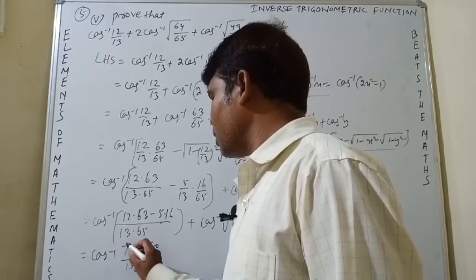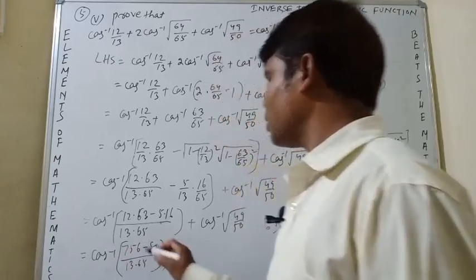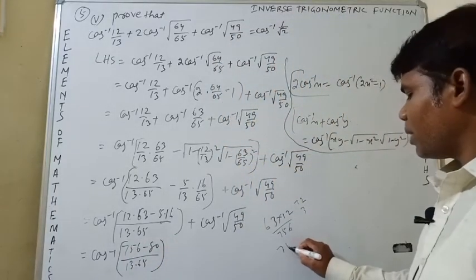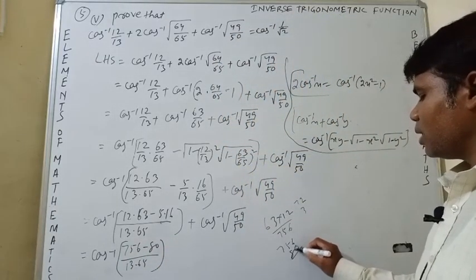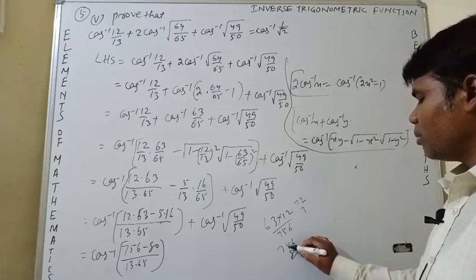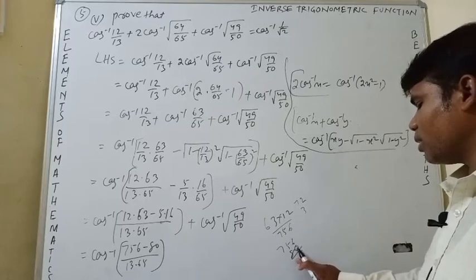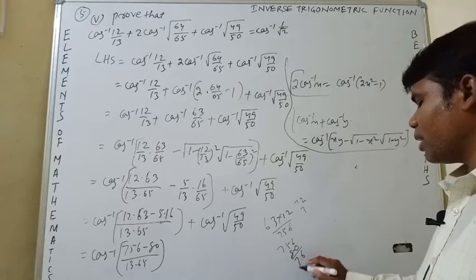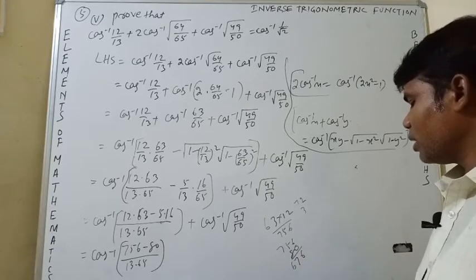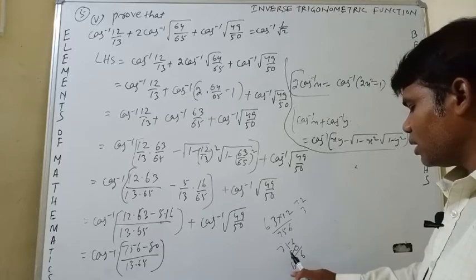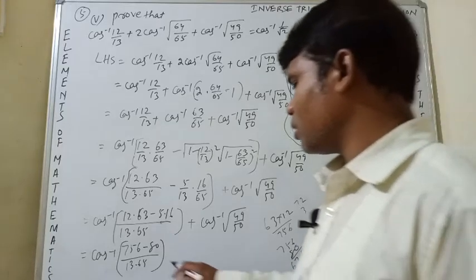Okay, how much? This much. 756 minus 80, 6 minus 0 6, 15 minus 8 3, no 7, sorry, 15 minus 3 7. So 676. So this is equal to,